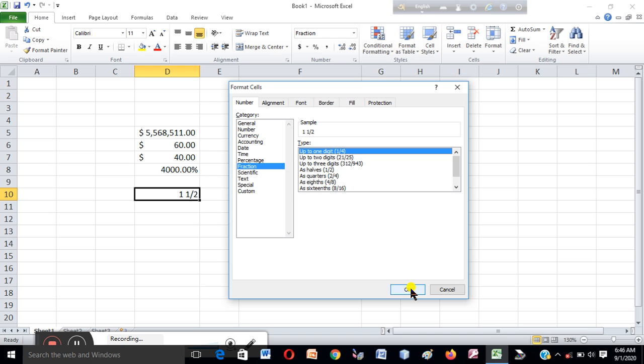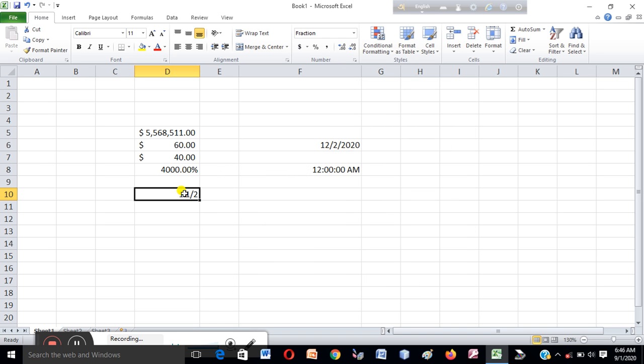So click here, and you put the value, suppose 2.5, then Enter, then this is the fraction.